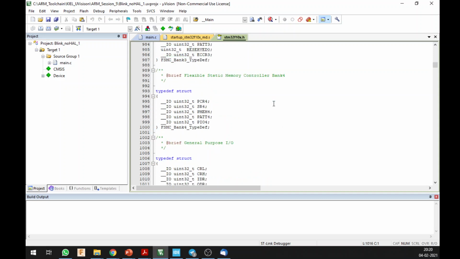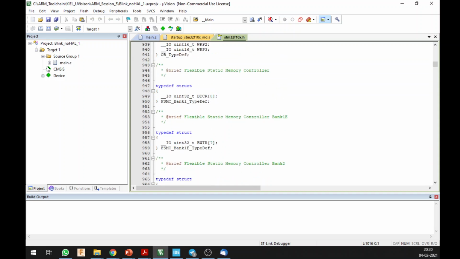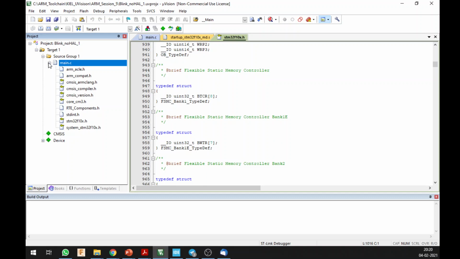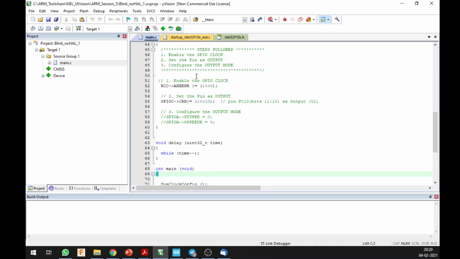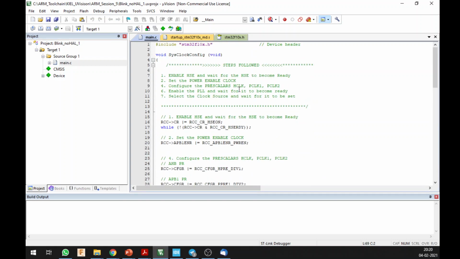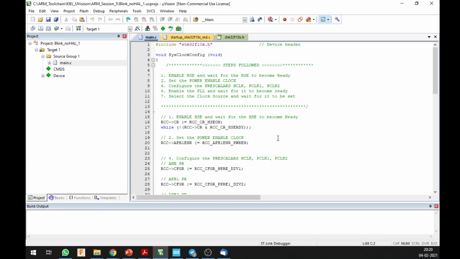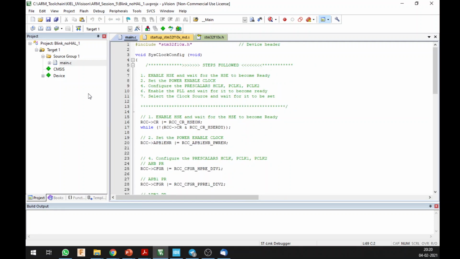Alright, okay, great. So this is the program. I have called it Blink No Hal. This is not going to use a HAL abstraction, and we are going to use the register setting and the register mapping in order to do this setting. I hope all of you can bear with me for another 15 or 20 minutes. This is very important for your assignment, so please pay attention to whatever I am telling right now.